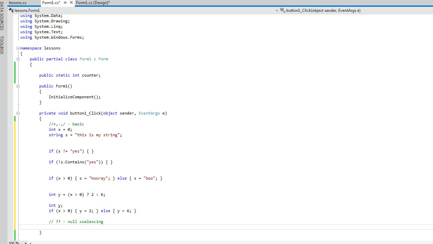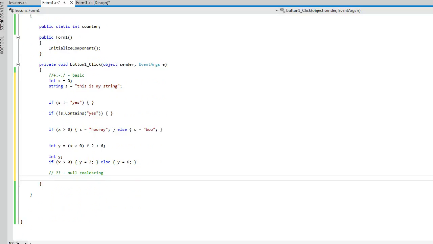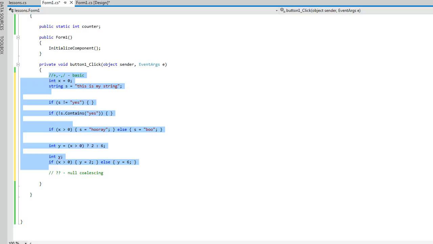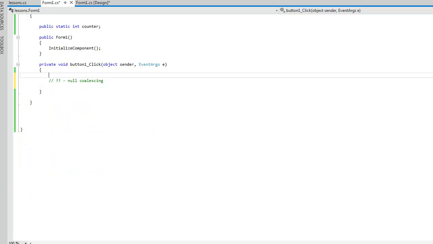So the null coalescing, a lot of times you want to check to see if something is a null value. For example, you might be doing a method and you might be bringing in some sort of object into the mix. So we might be bringing in this sender object, and we want to set sender equal to something else. We want to, let's just say we want to cast it to an int, because we know that it's an int. If we're passing it in from somewhere else, we're going to say, okay, we know it's an int, and we're going to set